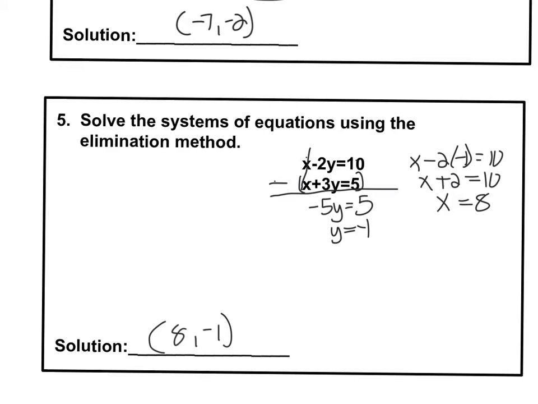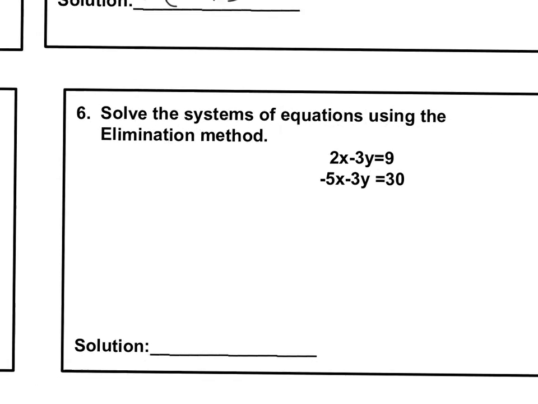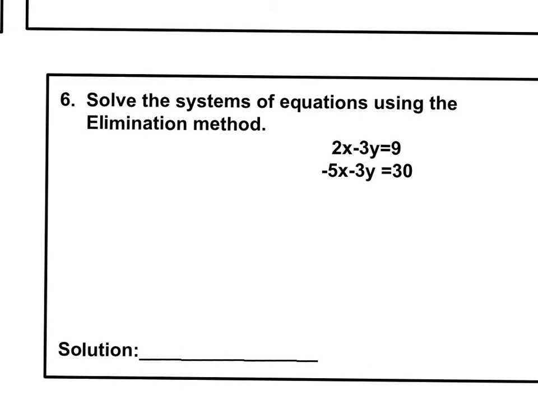Alright, so this case was pretty simple because you had the same coefficient for one of your variables. Alright, this one, they have the same coefficient, negative 3 and negative 3. So to get rid of it, I need to add. But if I add, look what happens. Negative 3 plus negative 3, well, that would give me negative 6y. So instead of adding, I'm going to